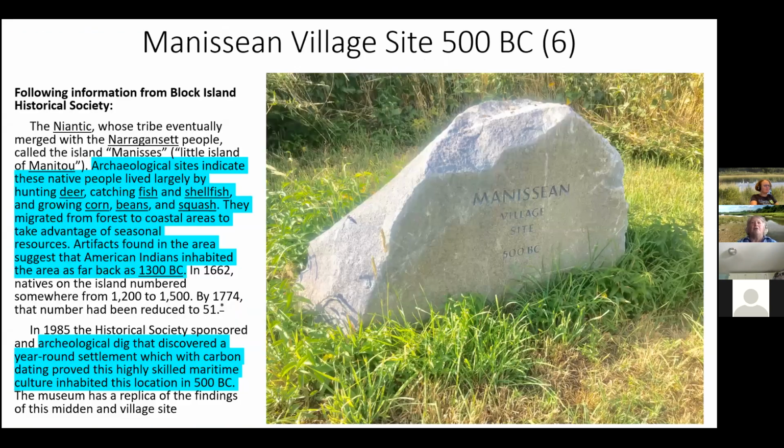And on we go. If you keep going down this path, you will come about midway between the edge of the marsh and the beginning of the path. There is a marker that was put in place several years ago by the Historical Society, and it says Manissean village site 500 BC. And this was roughly the site of a very large archaeological dig that happened. Oh boy, I would say, I think everything is 10 years ago, but probably it was 20 years ago. And it was done with